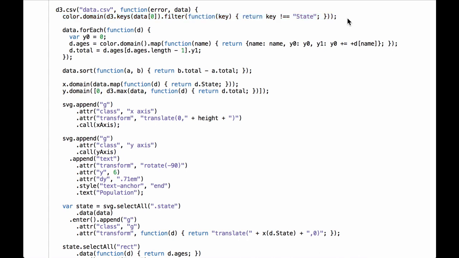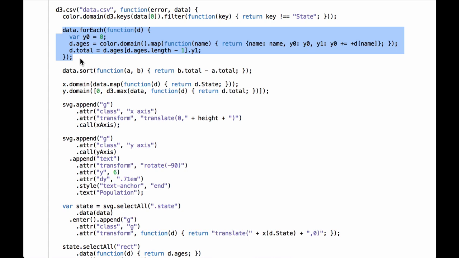on the chart. Next, this code iterates through the array of JavaScript objects and defines the coordinates, which will later be used to construct the rectangles. For each JavaScript object, this code does two main things. The first main thing is it adds a new key value pair to the object. This new key value pair has as its key name the word ages and has as its value a JavaScript